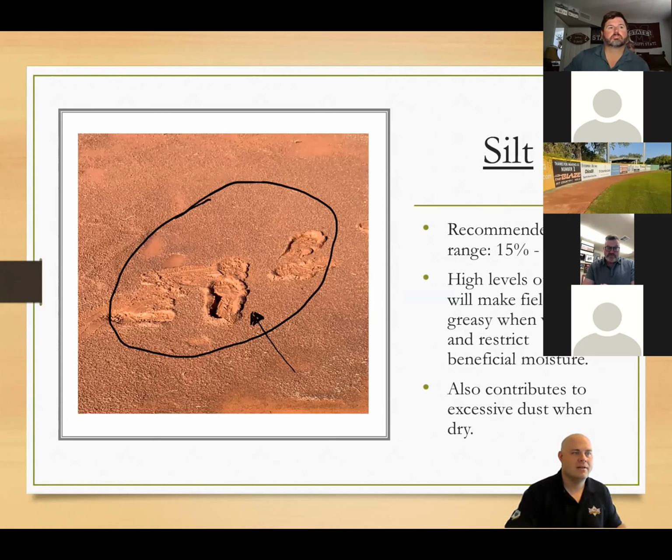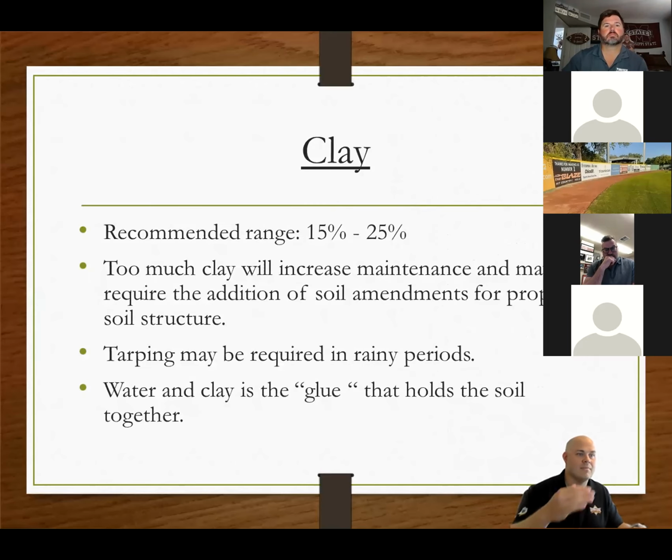Silt is recommended between 15 and 20%. Always looking at a 1-to-1 ratio between your silt to clay. This helps bridge the overall void space that the sand's providing. So if you have too much silt, once all the void space is filled, it'll lead to silt sitting on top, which will lead to a greasy playing surface. And if you have excess clay that goes on top of that column, it's going to be really sticky when it's wet. So those are all the things to think about, look at.